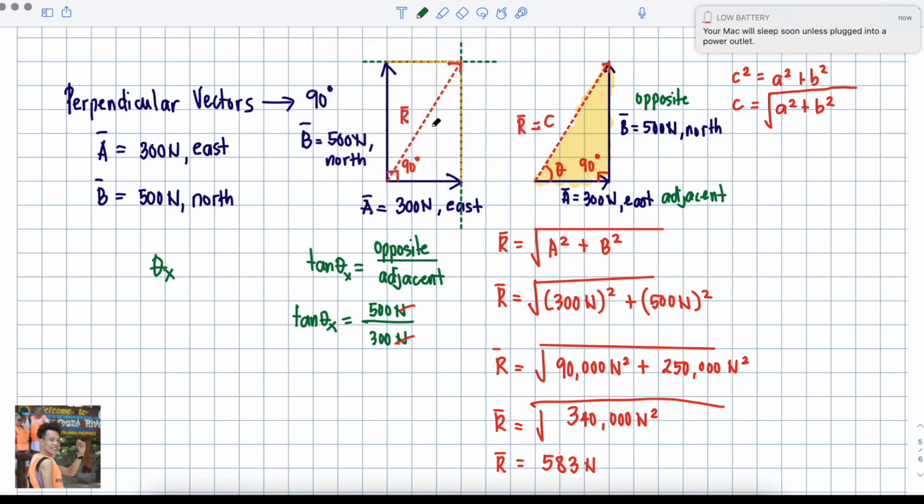Now we have 500 newtons divided by 300 newtons, and that is equivalent to 1.67. Tangent theta x equals 1.67. Theta x is equal to the arctangent of 1.67. In your calculator,